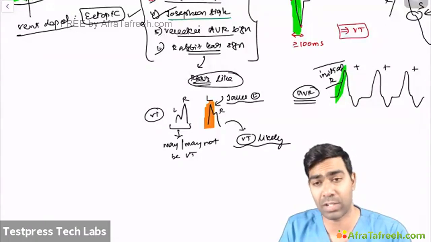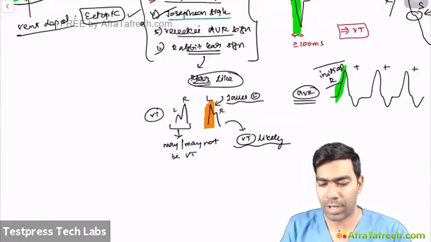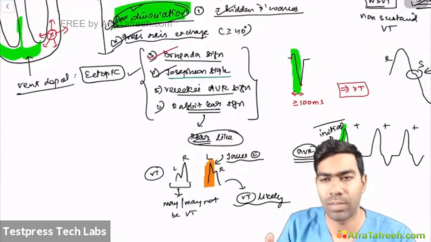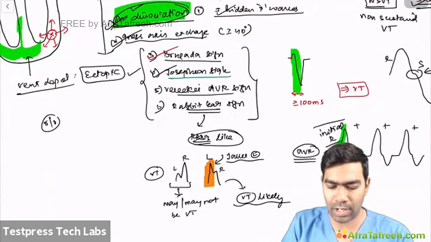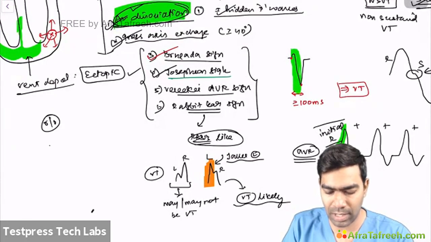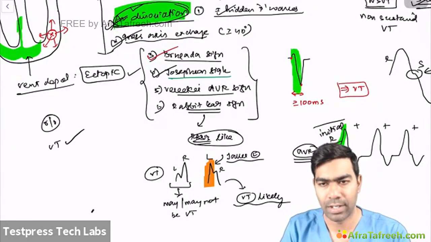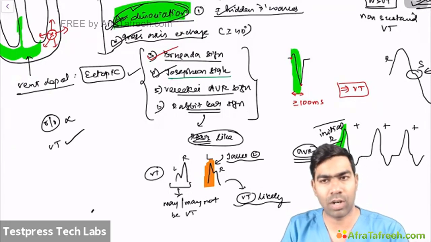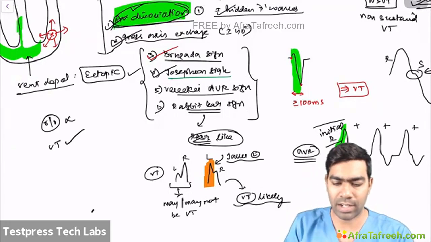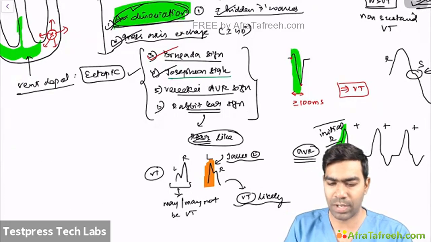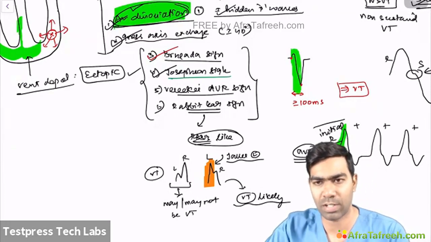These are the algorithms based on electrophysiological studies they have made. But remember, there is not even a single algorithm that can concretely rule out a VT. All the algorithms are basically known to diagnose the VT. There is no algorithm that can concretely rule out a ventricular tachycardia unless you have clear-cut evidence, as I told you, of the previous ECG of the patient, which shows the left bundle branch block or